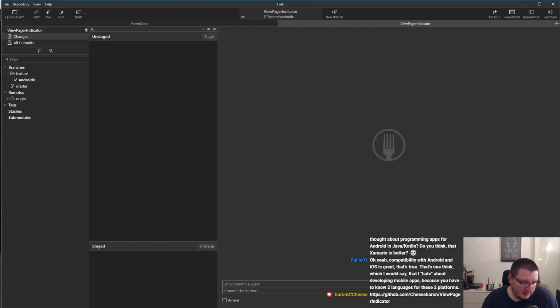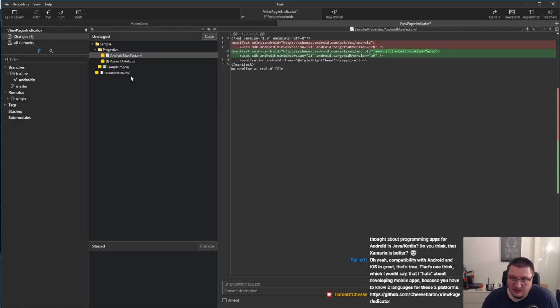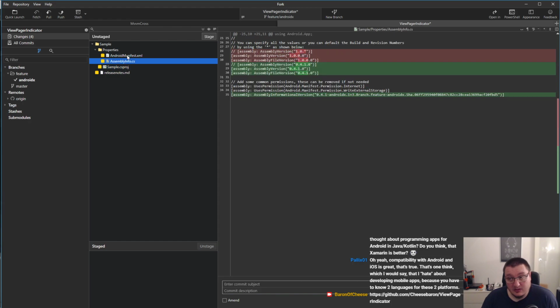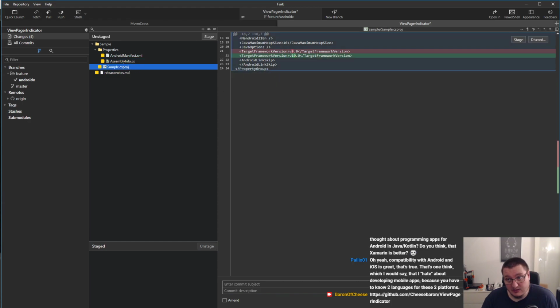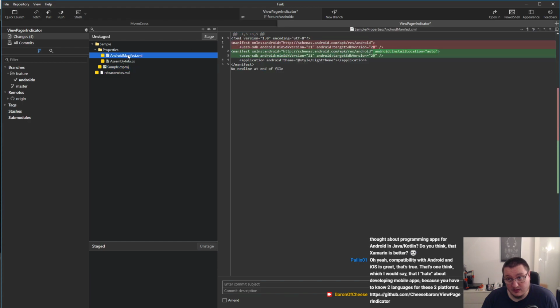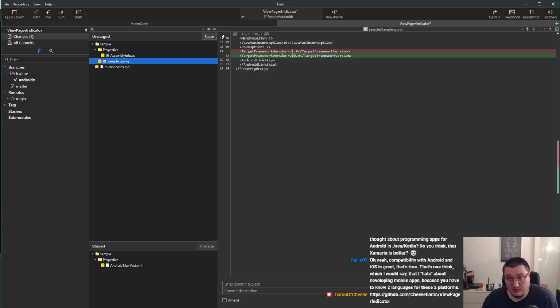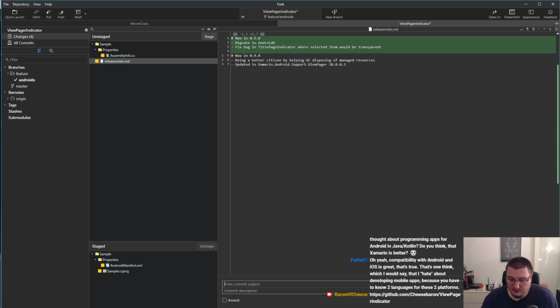Did I forget to check something in? So I did actually change the target framework. So maybe let's just check this code in. Bump TFM